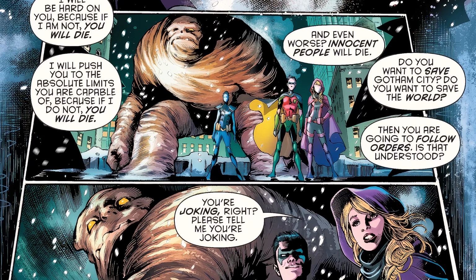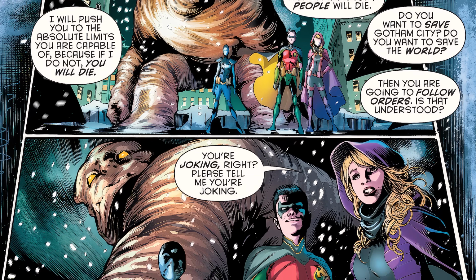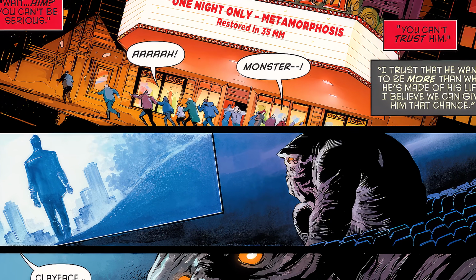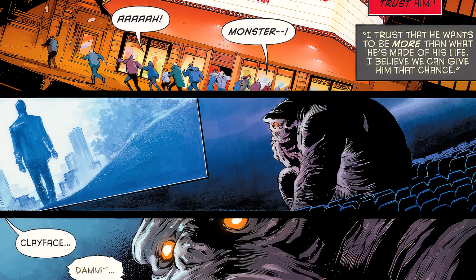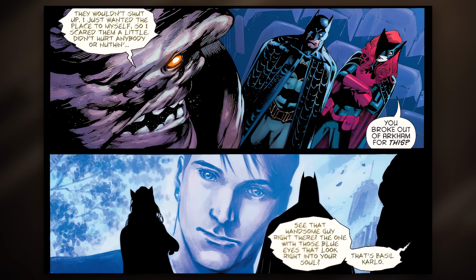This is when James Tynion took over the Detective Comics series, and he decided to make Clayface a good guy as part of Batman's team. In issue 934, we see Clayface has recently broken out of Arkham to go watch one of his old movies at a movie theater. But Batman and Batwoman show up with Karlo calmly saying,